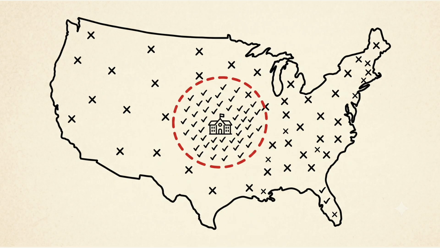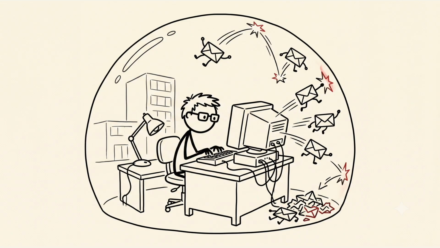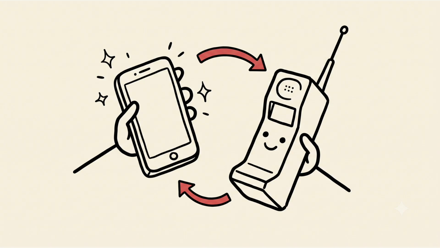For days, his department had tracked every email on a map. The failed emails formed a perfect circle around the university, radius just over 500 miles. Inside the circle, emails worked. Outside, they failed. The IT administrator tested it himself, and realized the bubble was real. When he investigated, he found the problem.